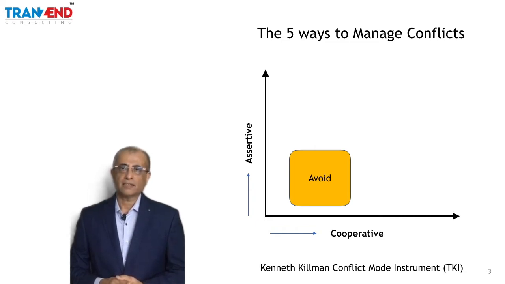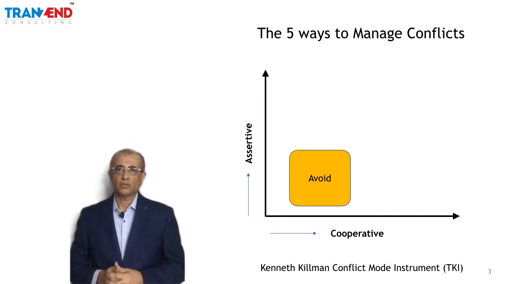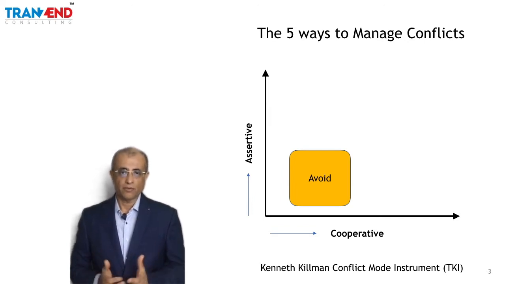But the fact is that sometimes we have conflicts which require for us to just avoid them. So avoidance is not a bad thing. It doesn't really resolve the conflict at that moment, but looking at the situation, looking at the context, looking at how other people are responding to that conflict and what other objectives you want to meet, you may want to avoid that conflict. So let's look at which are those situations in which you may want to avoid a conflict.